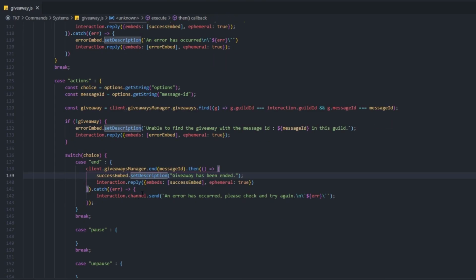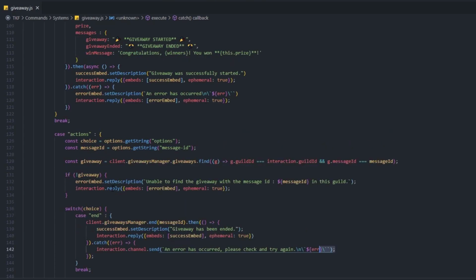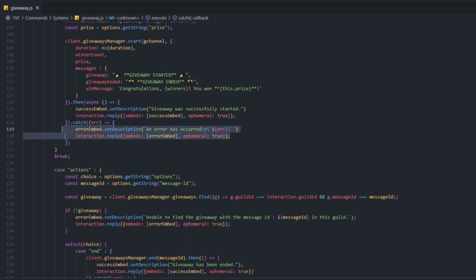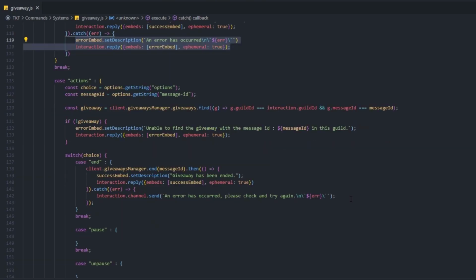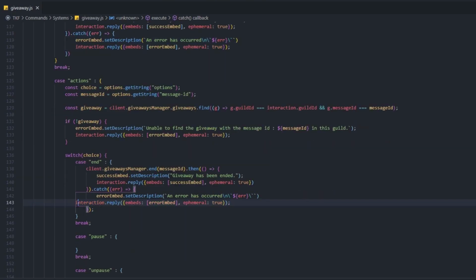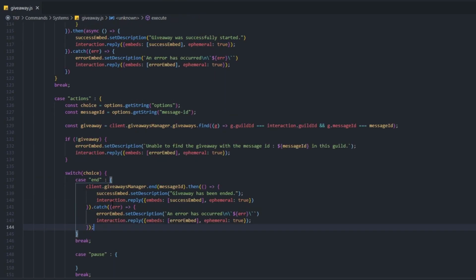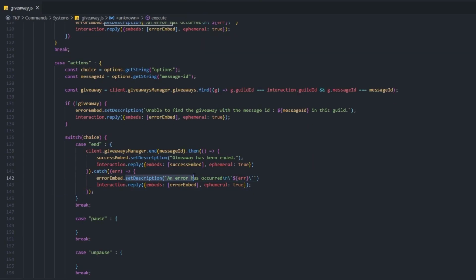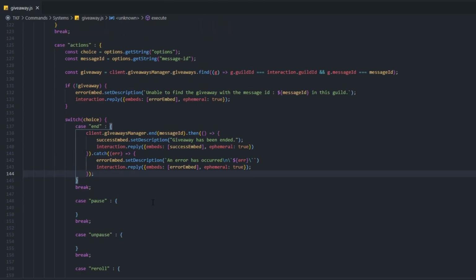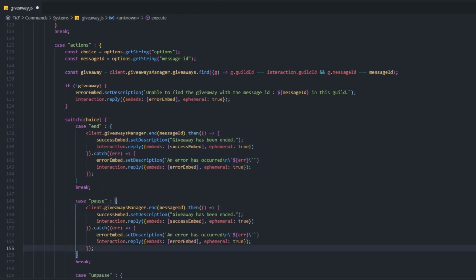Alright, here, and instead of this is gonna be also, where is it, like this one. So let's copy this and paste it here, fix it. So if an error happens, we're gonna say an error has occurred, then we're gonna send the error embed ephemeral true. So it's a pretty simple concept, guys. Now this is our template that we're gonna use for everything. So we can copy this, alright, and now we're gonna go down to the pause, and instead of end, here